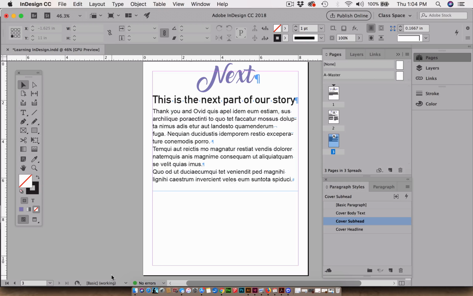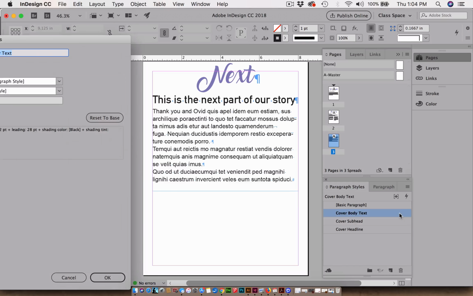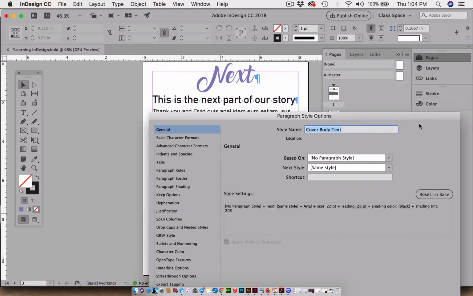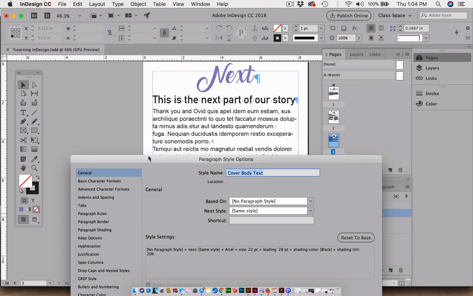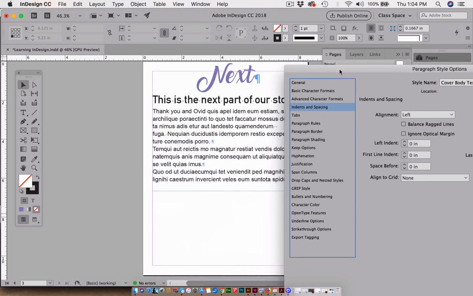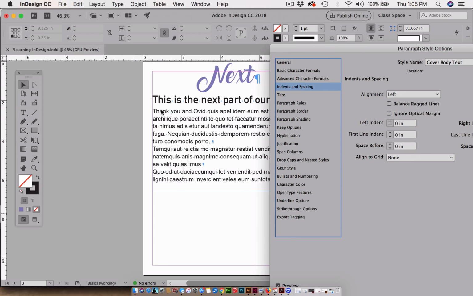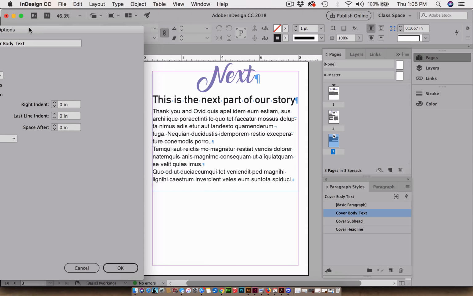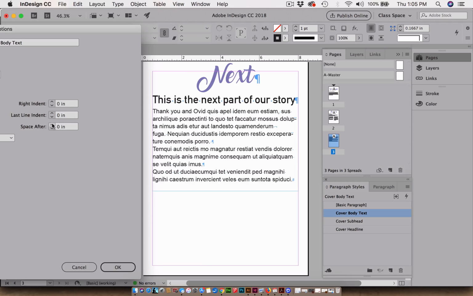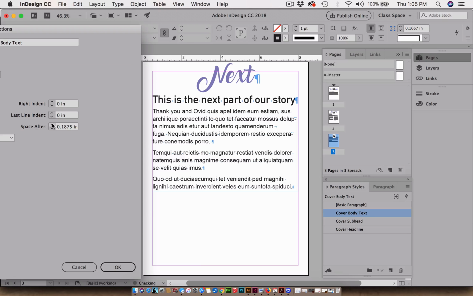And now I'll click OK, and then I say, you know what, I like my type in general for my body copy, but I still feel like the paragraph returns don't feel like they're new paragraphs. And so in this one, I'll do a little bit more. I'll go to the cover body text, and then I will go to, again, indents and spacing. And on this one, if I set space before, it's going to create more gap above, which I don't want. I have to say that I do use space before on occasion, but mostly I seem to use space after mostly. And so there, now I'm opening up the space after, and that looks much more like I want it